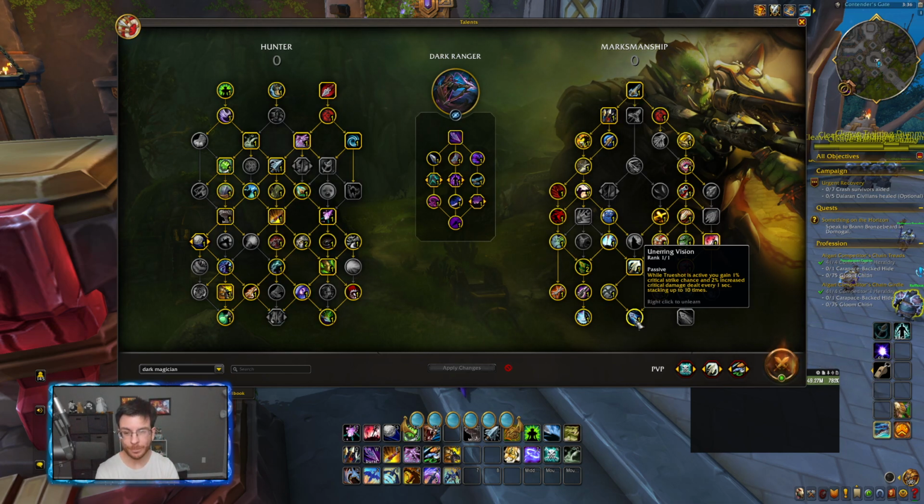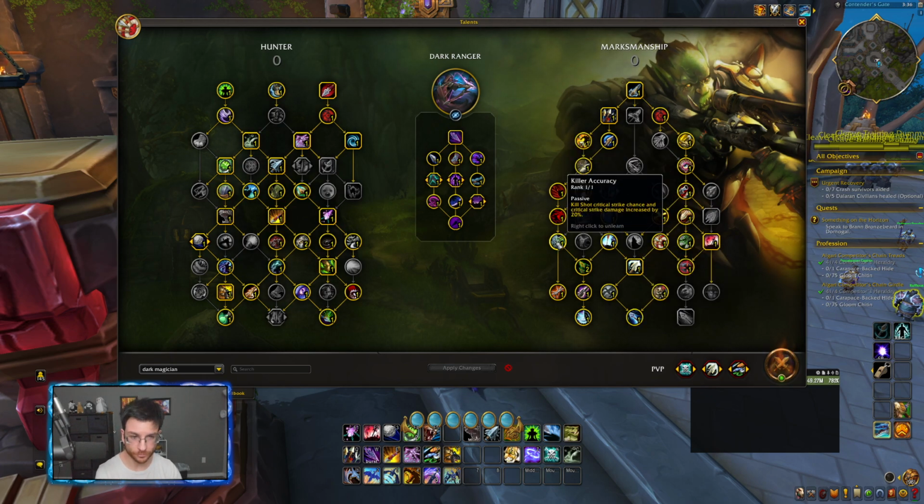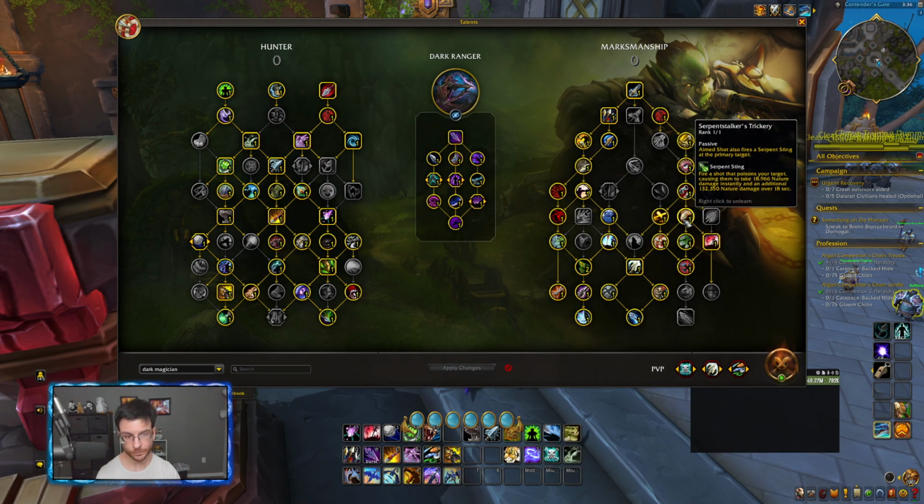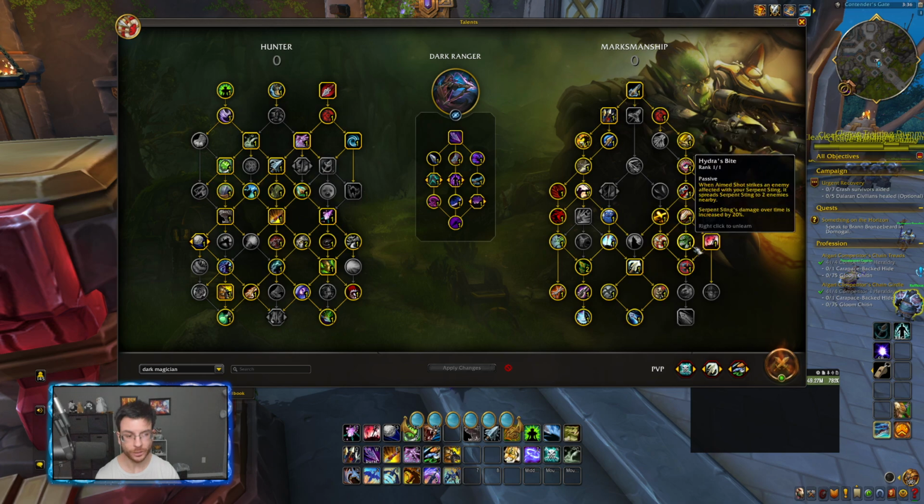And it makes my Rapid Fire into Black Arrow into Death Blow proc Kill Shot buffed further by this crit damage mod. This crazy one shot will destroy FCs, like I said, destroy orb carriers, all. You can make impact from anywhere on the map anytime. Man, it's so fun. So of course you still have Serpent Sting from Aimed Shot, and then you can spread them with Hydra's Bite,